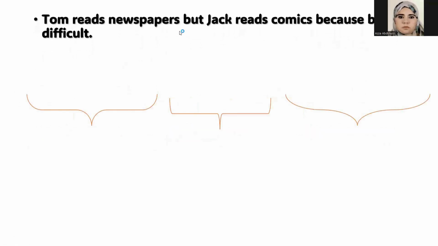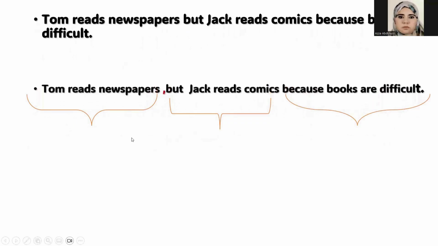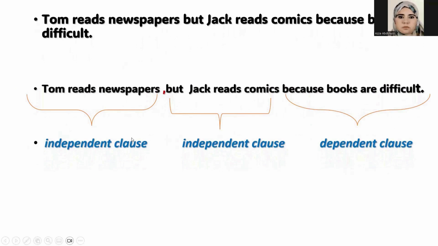Let's consider another example and punctuate it together. Tom reads newspapers, but Jack reads comics. Tom reads newspapers is an independent clause, but Jack reads comics, it's an independent clause. Because books are difficult, this is a dependent clause. That's why here we add a comma before but, because it's a coordinating conjunction used to connect two independent clauses. And because the subordinate